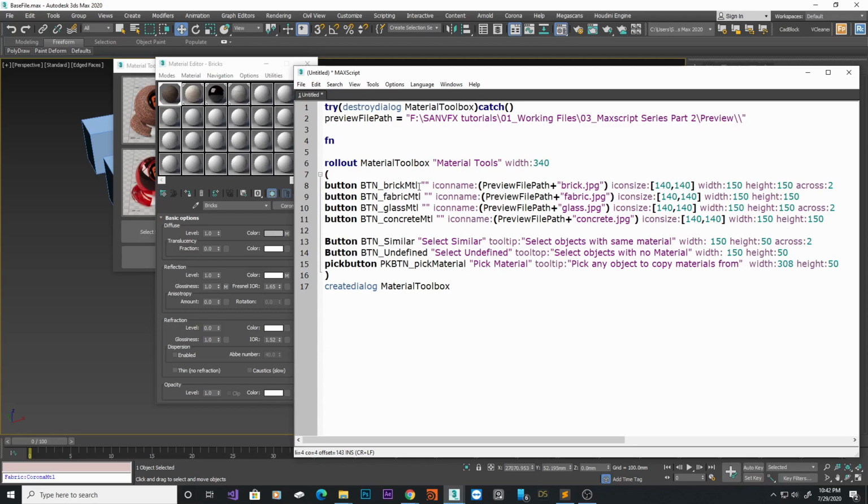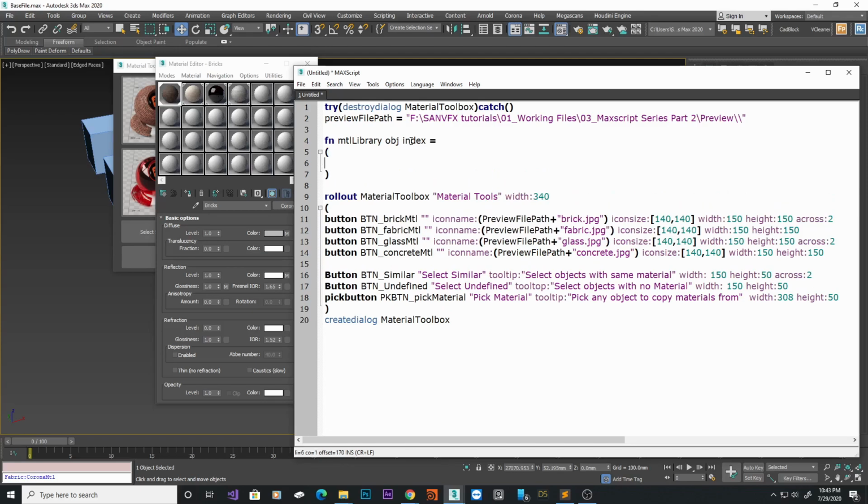Let's create a function with fn and give a function name. I'll give it mtlLibrary. Now we need to give it a few inputs. First would be giving it the objects where the material will be applied. So I'll give it obj_arr. So this is just a variable holder. It does not have any information at the moment. You could put this as just obj or anything else, doesn't matter. And I'm going to give another variable as an index,